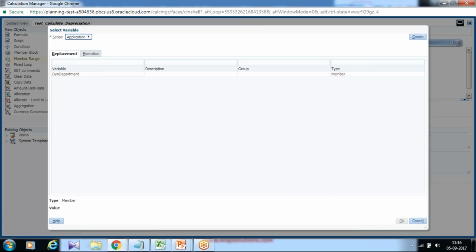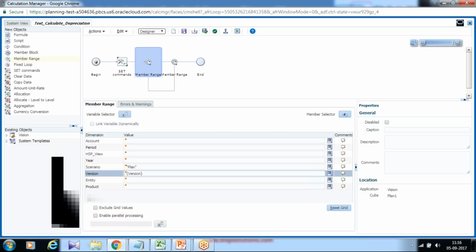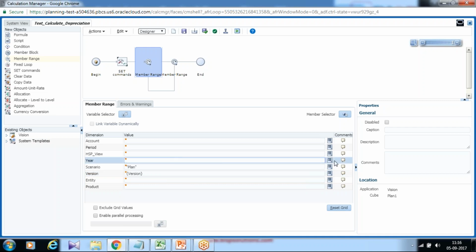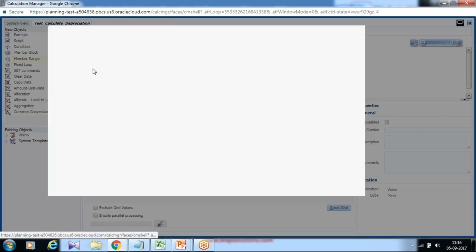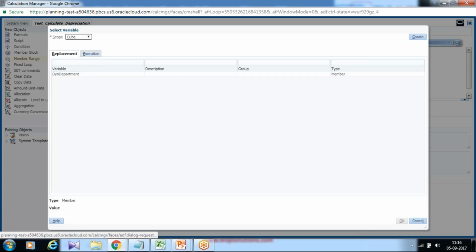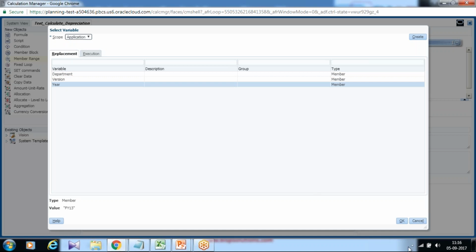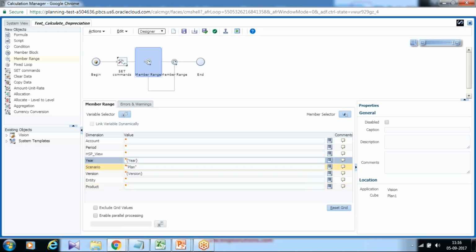I select application level and select version as variable. Select year also as variable so that you can pass this value on the fly dynamically. You can hide the prompt as well. It's up to you whether you want to display or hide the prompt.